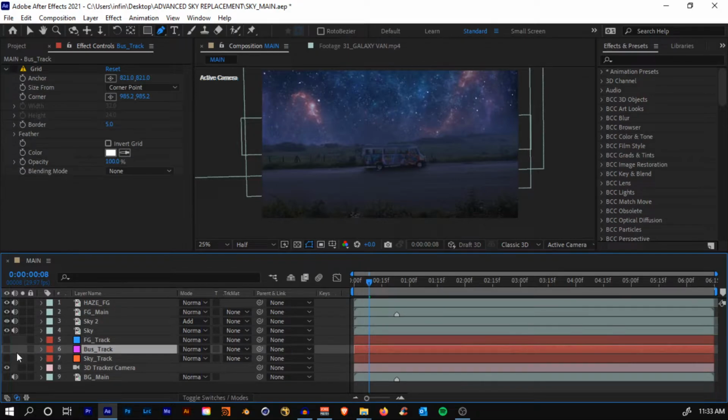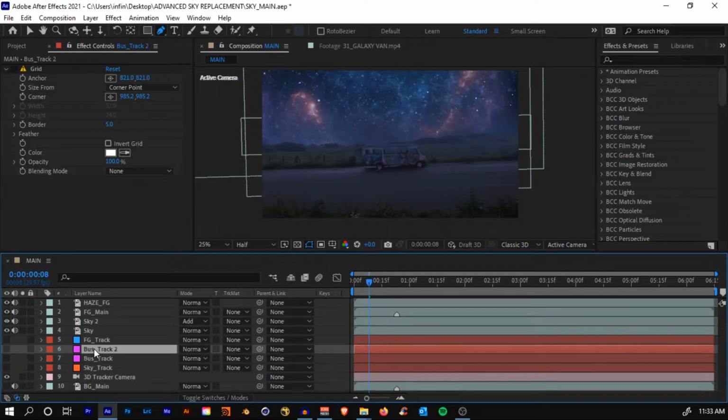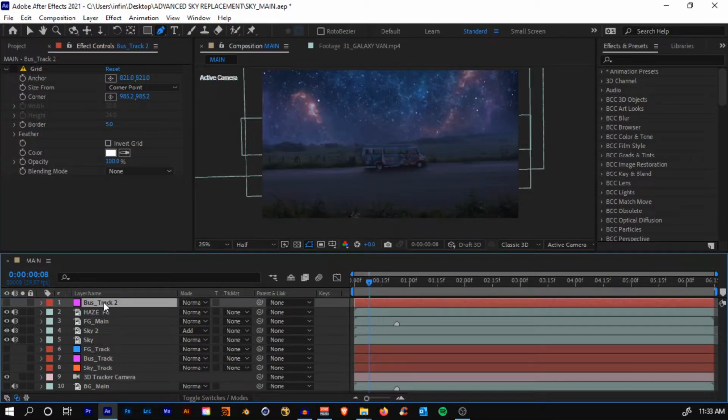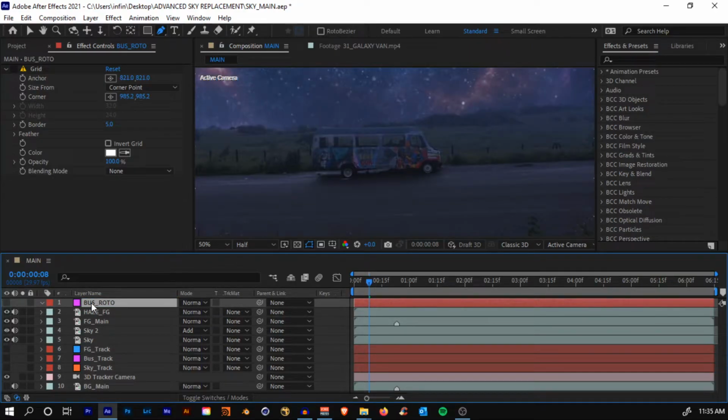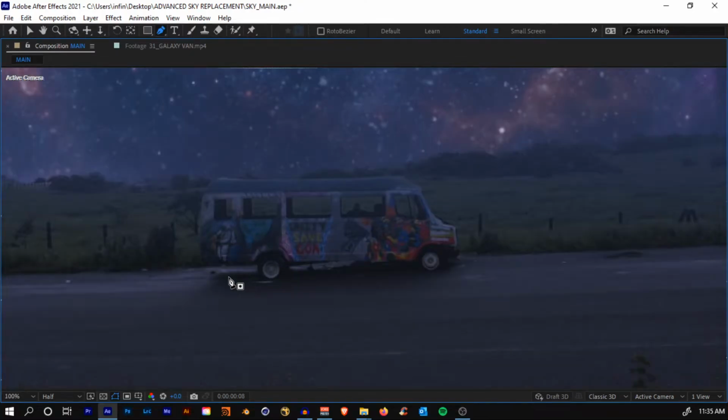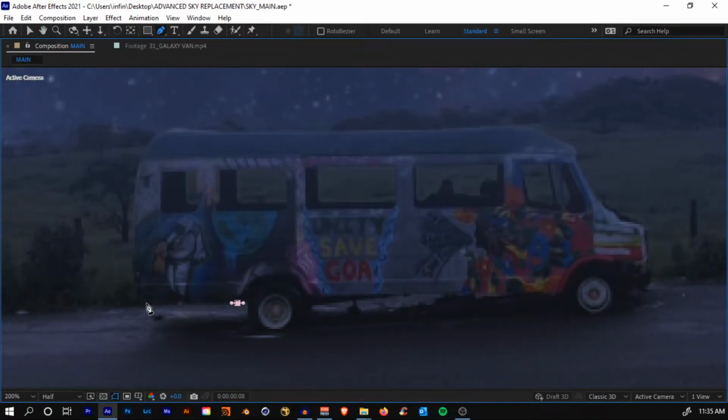You remember we had tracked the bus layer. So what you'll do, hit Ctrl D to duplicate it and just rename it to bus underscore roto, something like that. Hide the layer because we don't want to see it now, and see that this layer is selected, and just draw a mask over the bus, covering the bus, something like that.